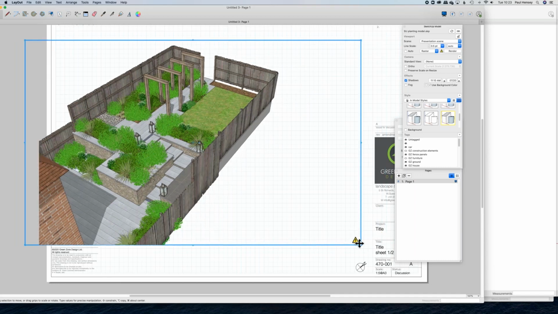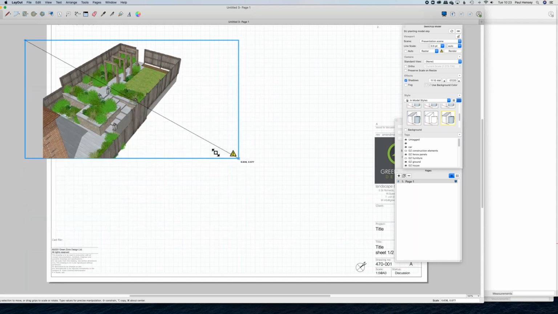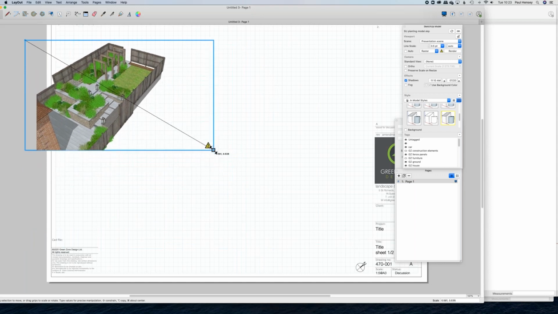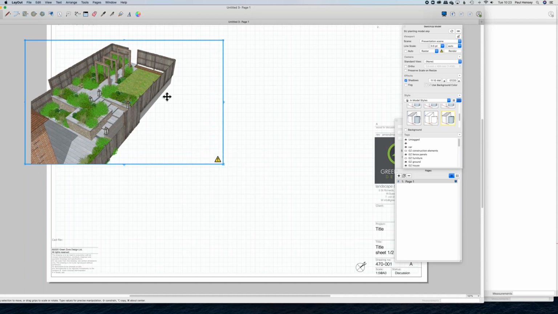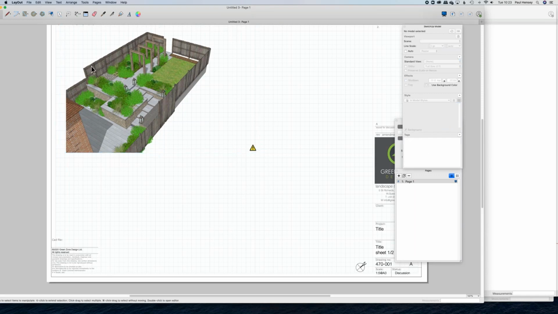And you get that little yellow triangle in the corner. So even if I reshape this, it might not quite be the way I want it to be, because it's not reprocessing. But what that allows you to do is do several changes, set up other parts of your document, bring in drawings and references, and then when you're ready,